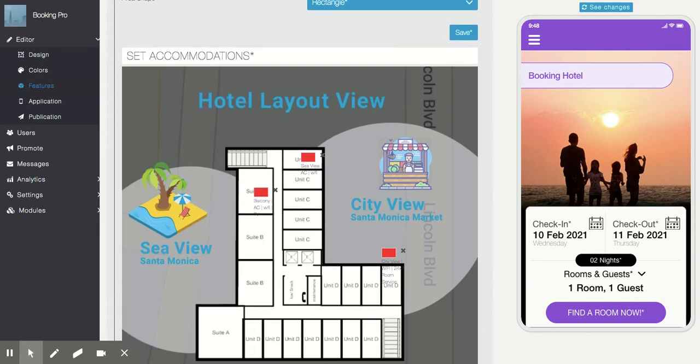Like if you have a cinema booking kind of app, then you can upload an image of your cinema, what we call a cinema map. Whatever the design or map, a top view of the cinema, you can just upload that image.